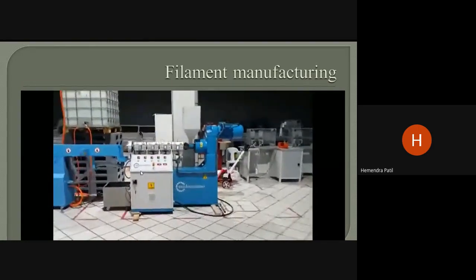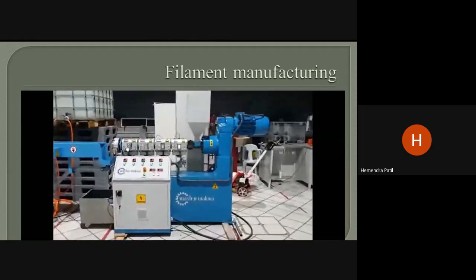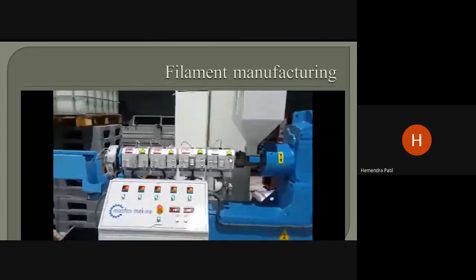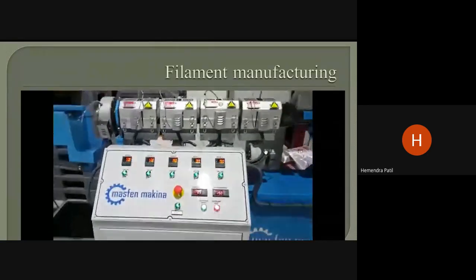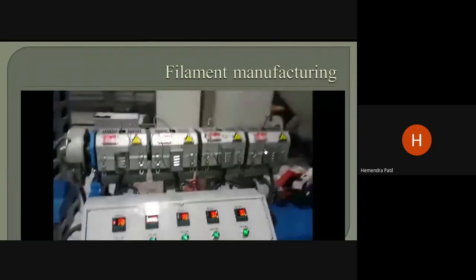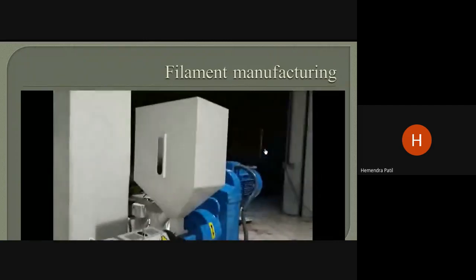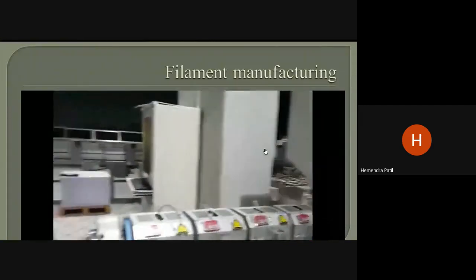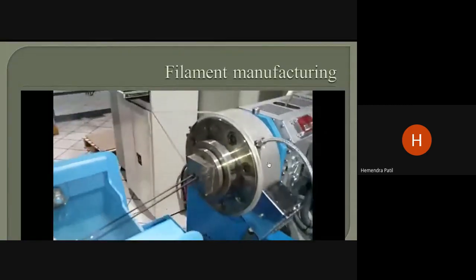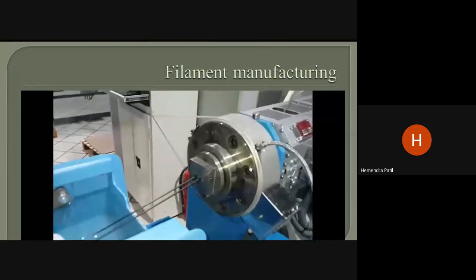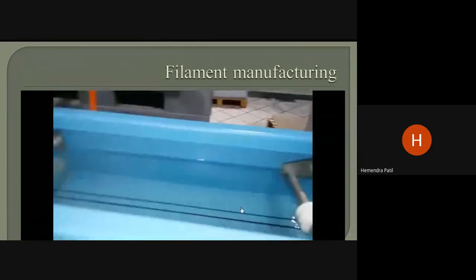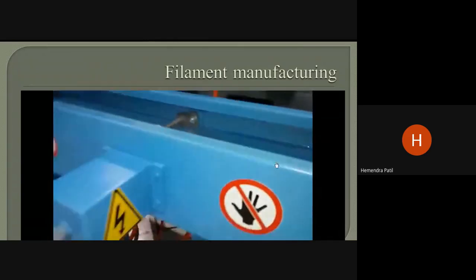This is the filament manufacturing machine, where there is one long screw and one crusher which feeds the material inside. The material enters the feed throat and comes into contact with the screw, which rotates and forces the plastic forward into the barrel, which is heated to the desired melting temperature. This barrel has different heating zones, so the material passes through different temperatures and finally melts. After that, the wire is extruded from the die and cooled down in a water bath.